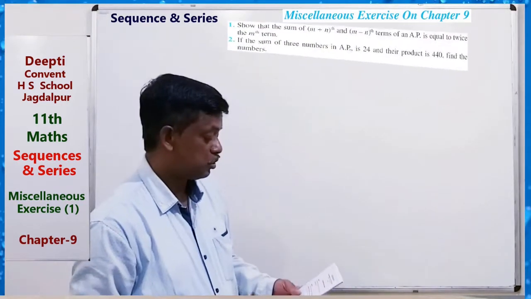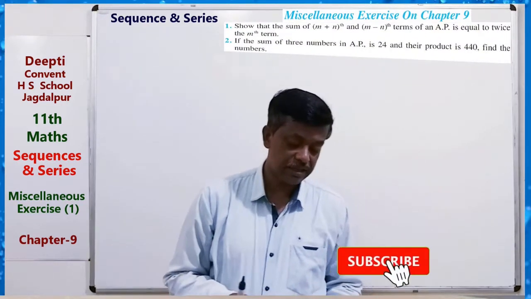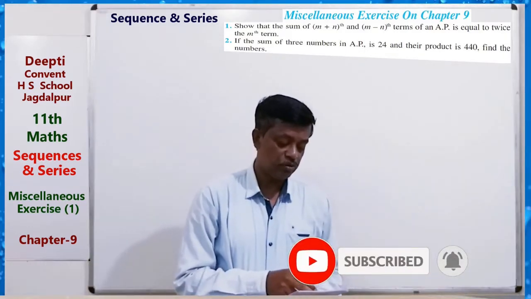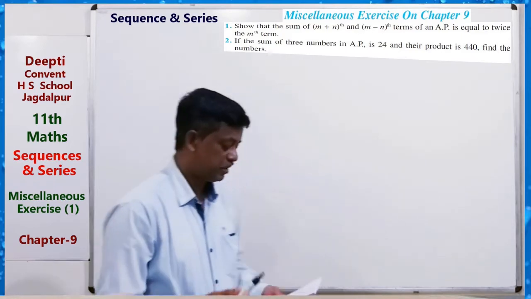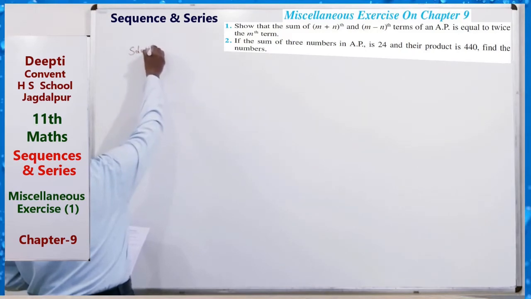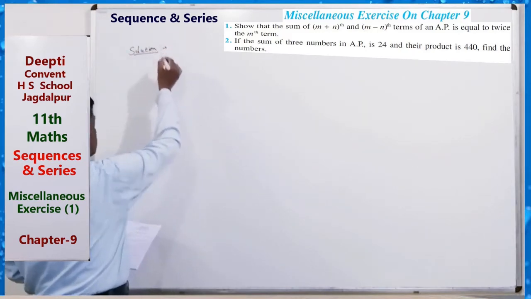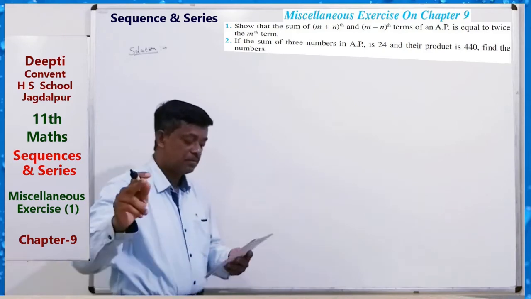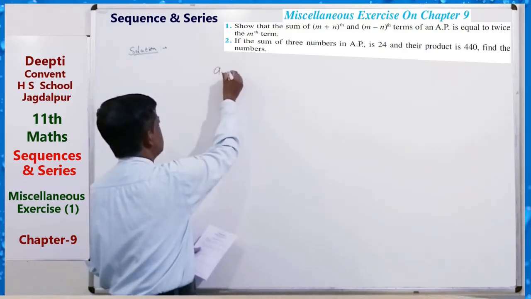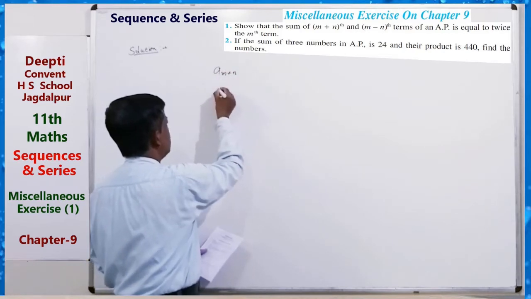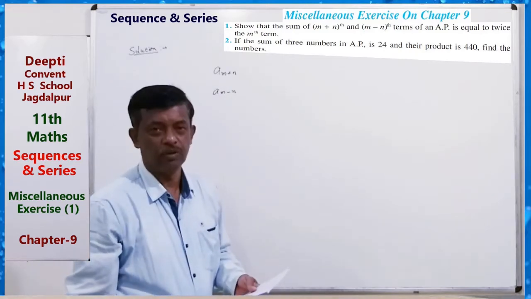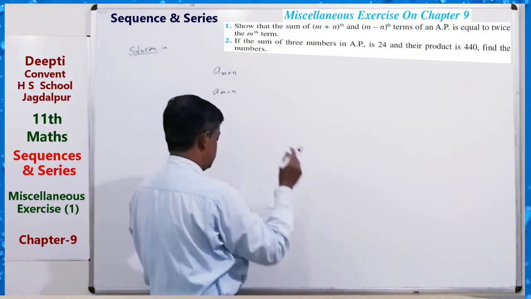First question: show that the sum of the (m plus n)th term and (m minus n)th term of an AP is equal to twice the mth term. So, very simple question. Solution: the (m plus n)th term and the (m minus n)th term of an AP. These are equal and we have to show that